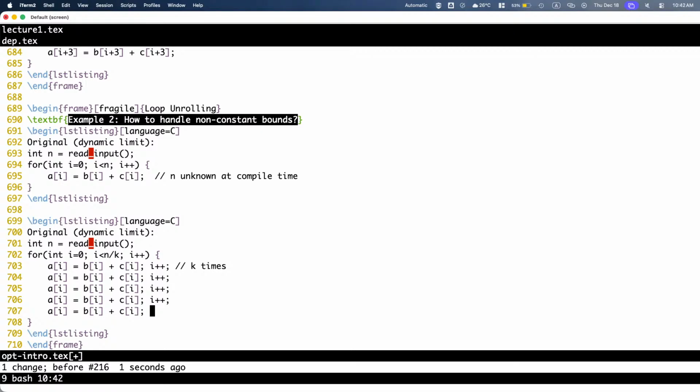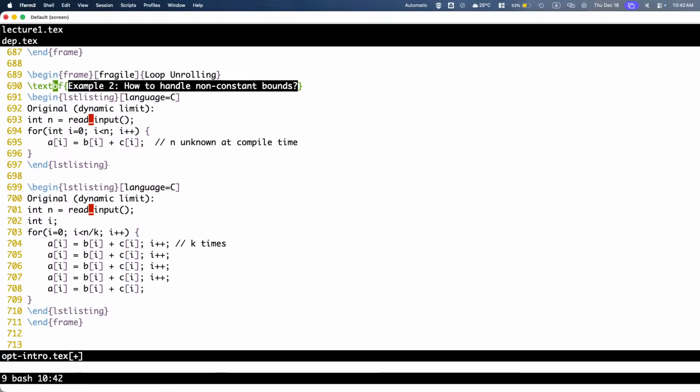Correct? You know what I'll do? I'll remove the int here. I'll make it int I here first. And then I will cheat. I'll just copy this code.